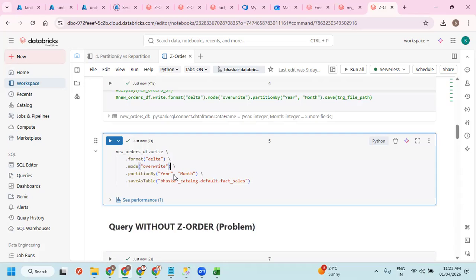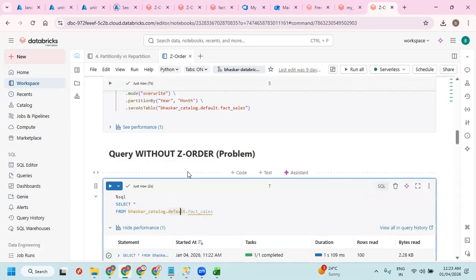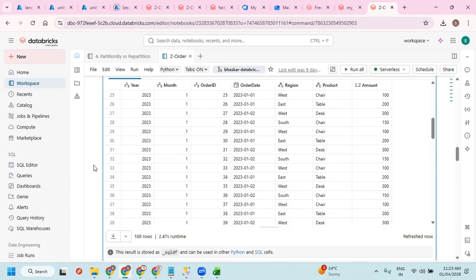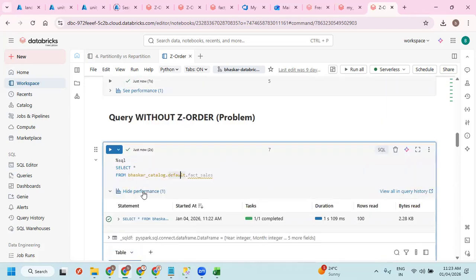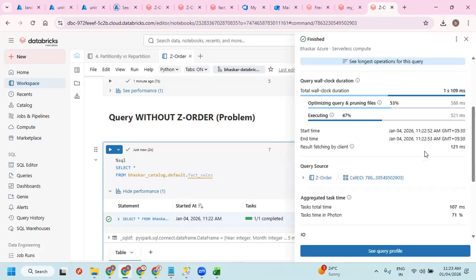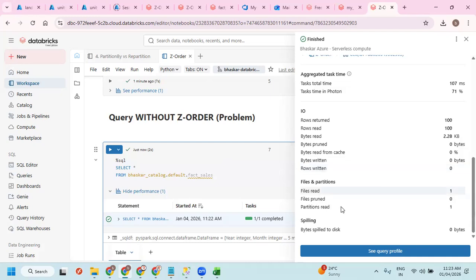Yeah, here it is having a partition. Files read is 1, files pruned is 0.